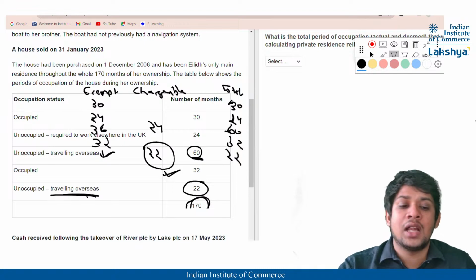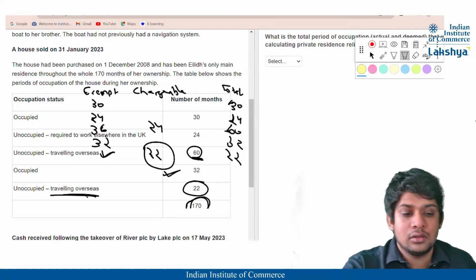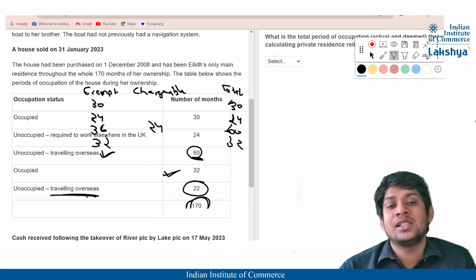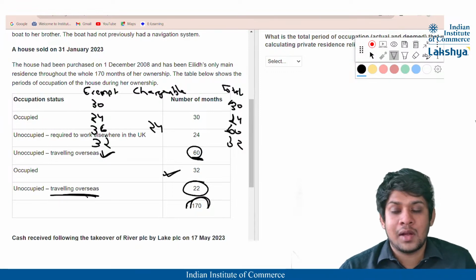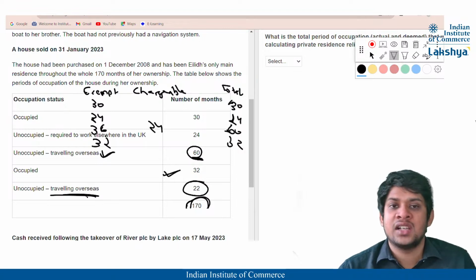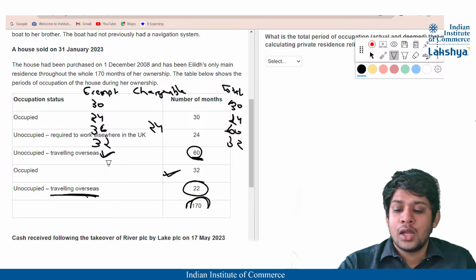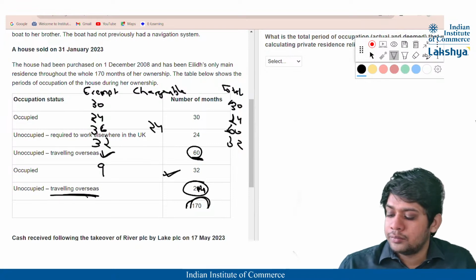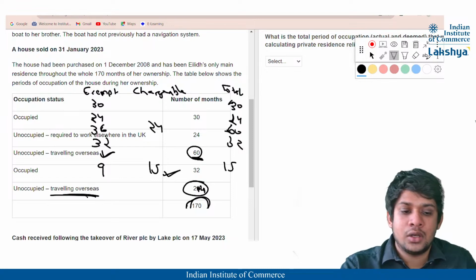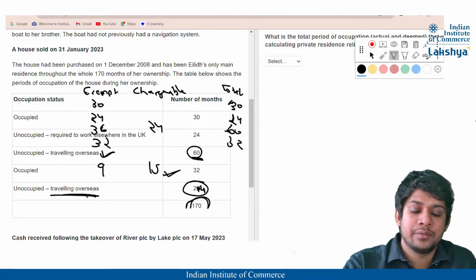So technically, guys, the last 22 months will not completely be chargeable. As I told you, 9 months is considered to be completely exempt, irrespective of wherever she is staying; it is considered unconditionally as a deemed occupation. So out of which 9 will be exempt. From the 22, I think it should be 24 rather. So from the 24, 9 is exempt, so 15 will be chargeable. And the total is 24, then it can sum up to